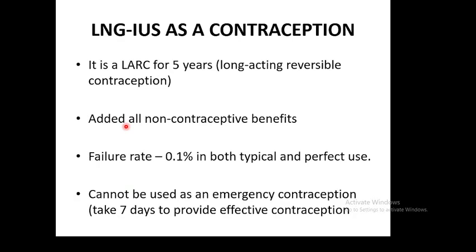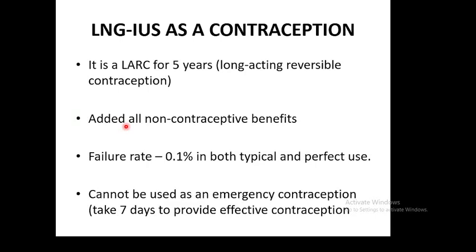Even though it's designed for 5 years, obviously we can remove it at any point and in the next cycle the female can get pregnant. And the other beauty is all the non-contraceptive benefits I discussed, which are like a bonus to the female. Very low failure rate with both typical and perfect use, 0.1%. And a sort of